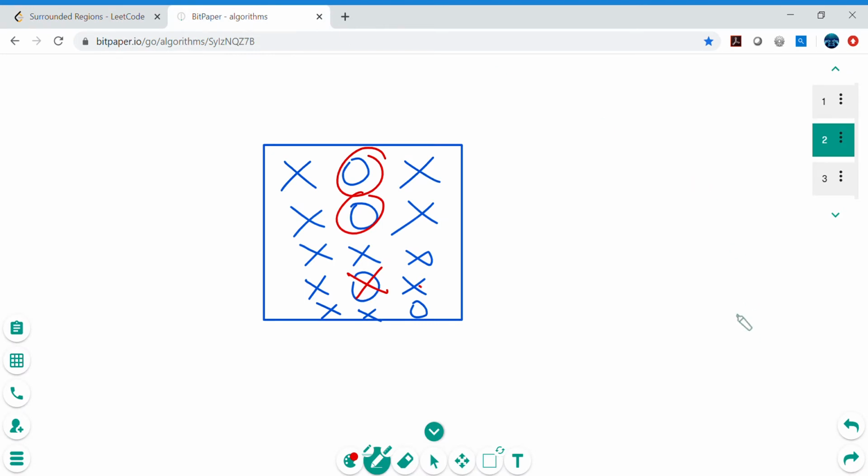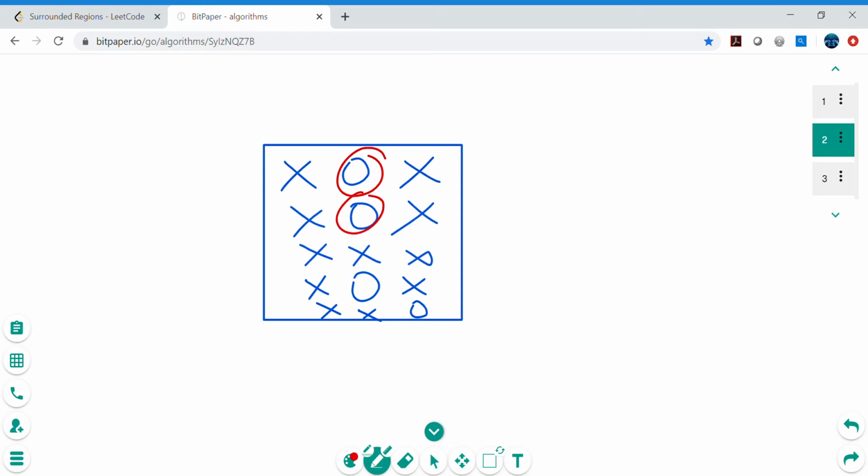This particular O has X here, here, here and here, so it is eligible to convert to X. We can convert this O to X. We cannot change this other O because it is also on the boundary. So these are a couple of edge cases.